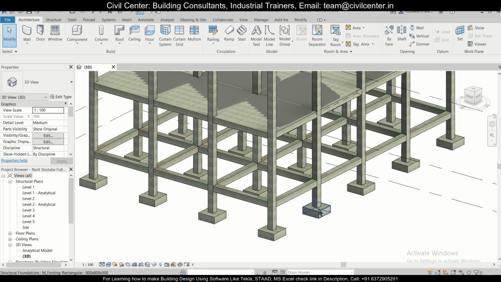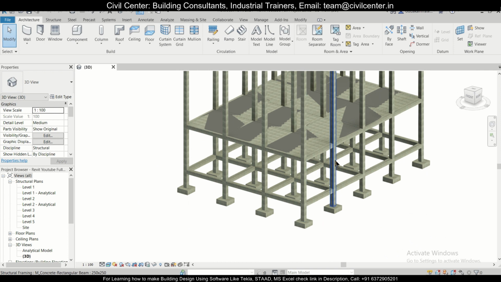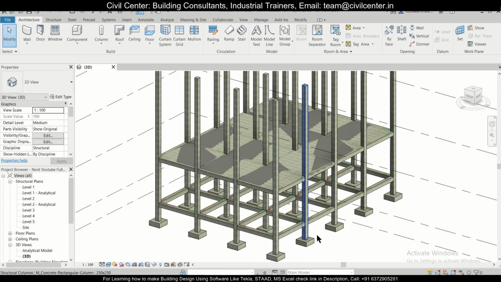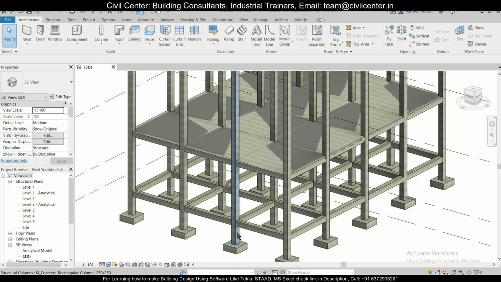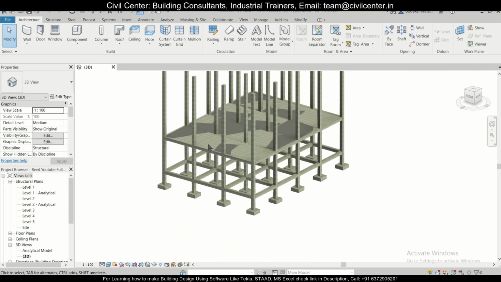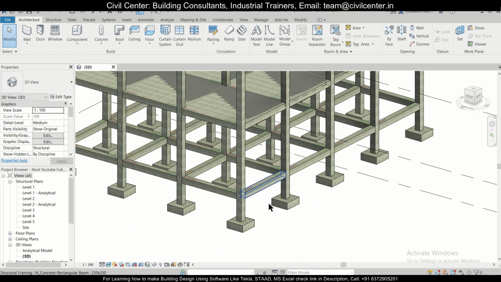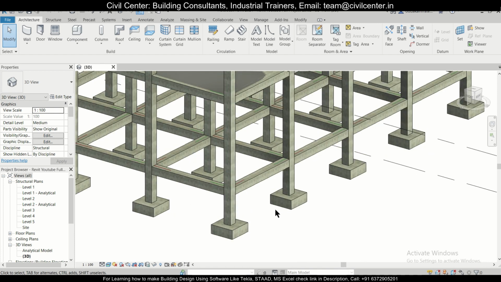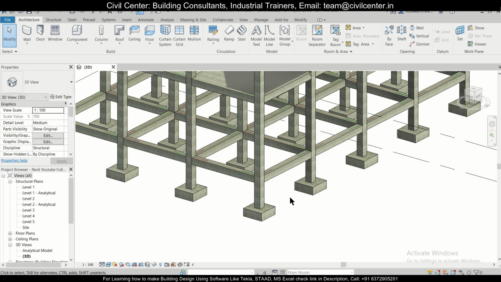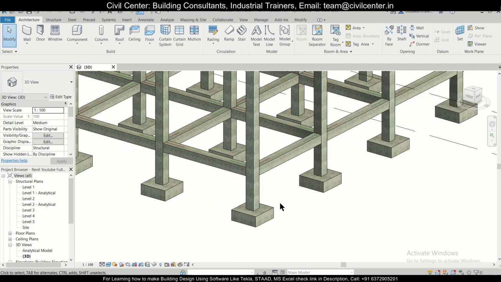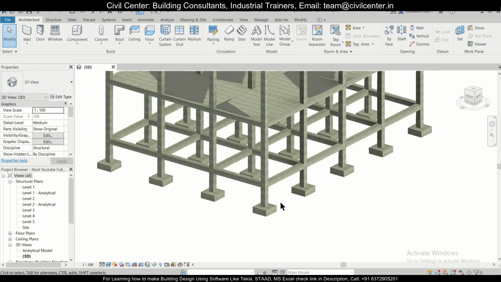So friends, in the previous tutorial, as you can see in the Revit playlist, if you are watching this video for the first time, we had completed the modeling of this particular building, G+2 building, up to this much, and in today's video we'll start inserting the reinforcements. So we'll discuss various aspects here. If you want to have some idea or learn about Revit structures, you should watch this video to the very end. So now, without wasting time, let's get started and we'll start inserting our reinforcements.